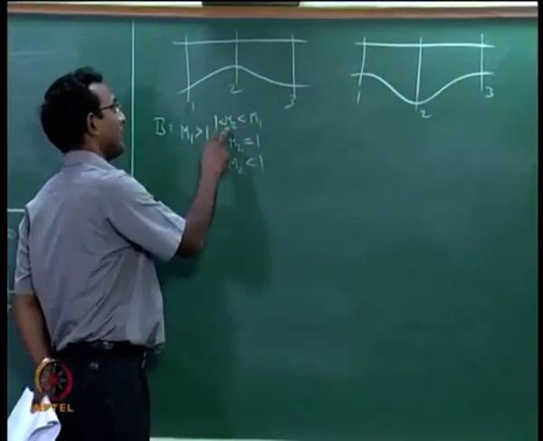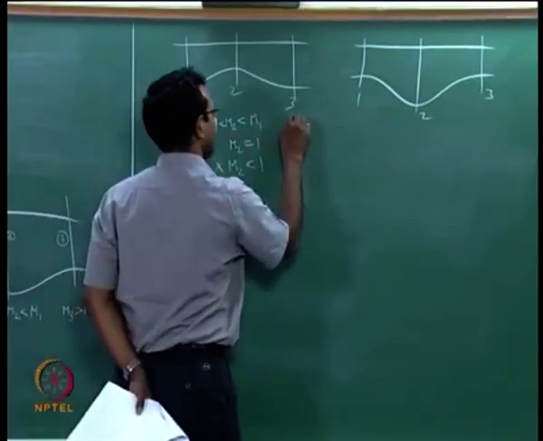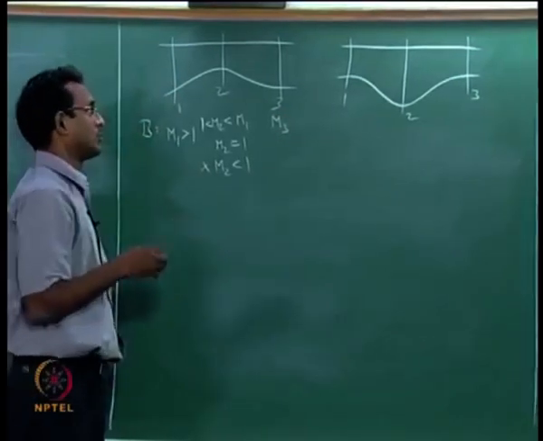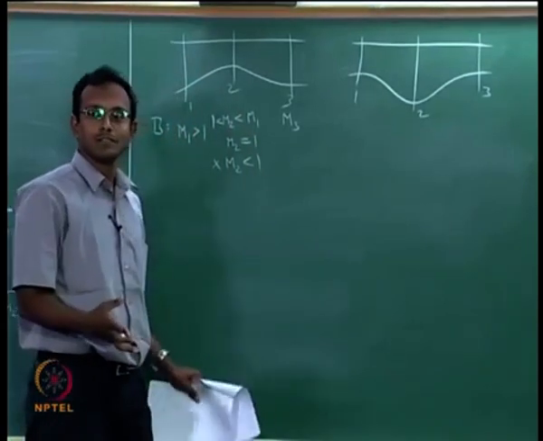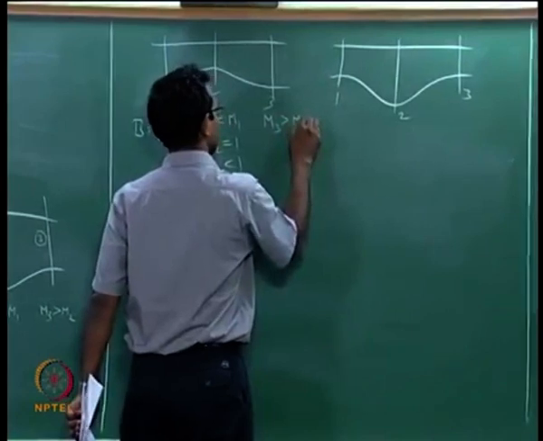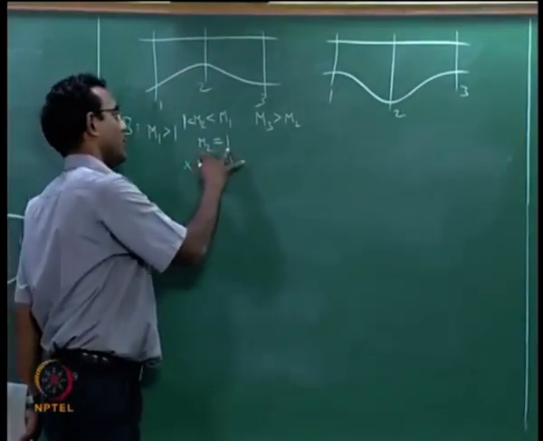If it is M2 greater than 1, what happens to M3? Supersonic flow, area increases. What happens to it? This will also increase, which means M3 is greater than M2. Now if I look at M2 equal to 1,